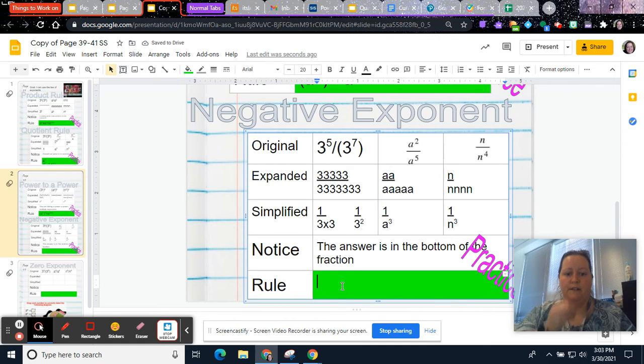And so what I want you to notice about a negative exponent is, remember how when we divide, we could subtract these. I'd have 5 minus 7, so that'd be like 3 to the negative second power. Well, that just means you're putting it at the bottom of the fraction. And so if you have a to the negative m power, then what that equals,